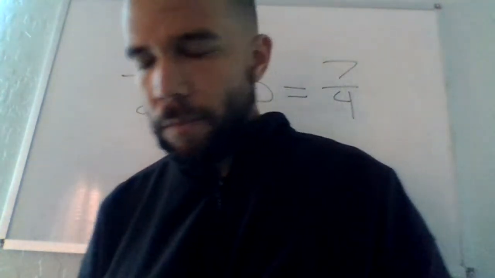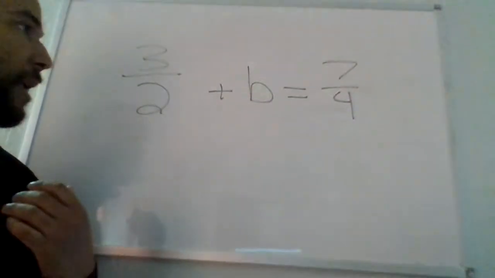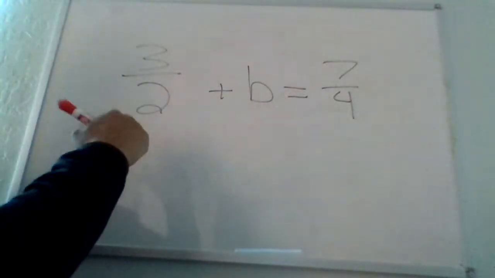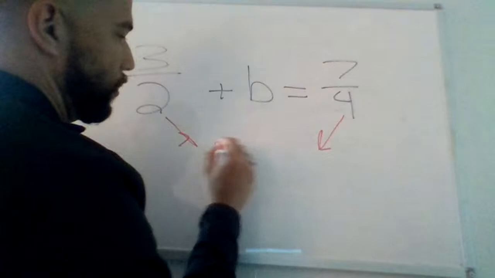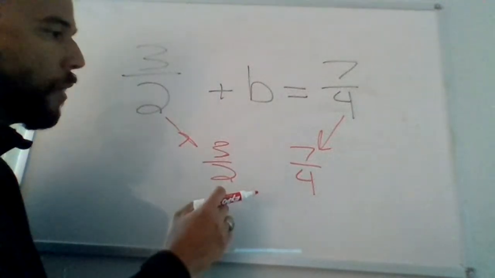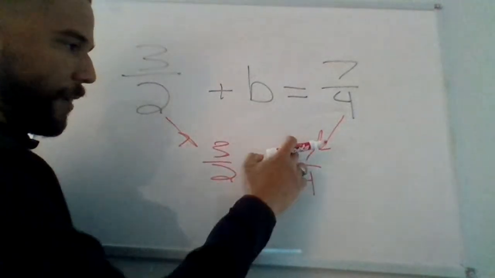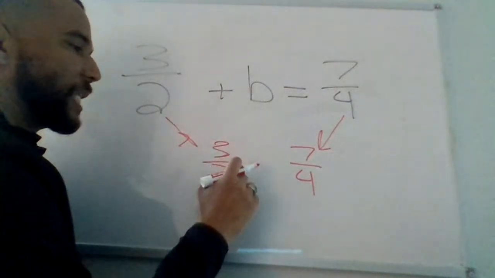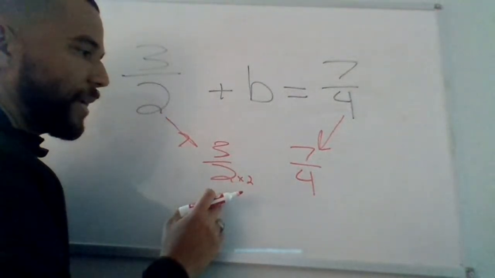Oh, very nice, Oldie. Okay. There's going to be multiple ways for us to use this. Now, I'm sure some of you guys ended up using mental math and you quickly said, okay, well, let's look at both of these, 3/2, 7/4. And you said to yourself, well, let's make these fractions the same. Some of you might have multiplied across, although I think most of you said, well, let's make this fraction equivalent to this one. So we're going to multiply by 2. So we have the same denominator.